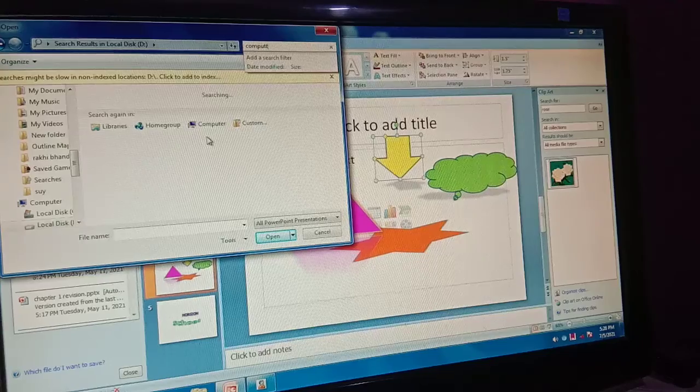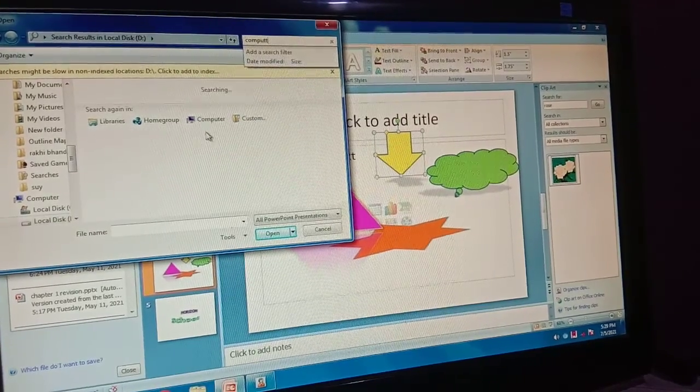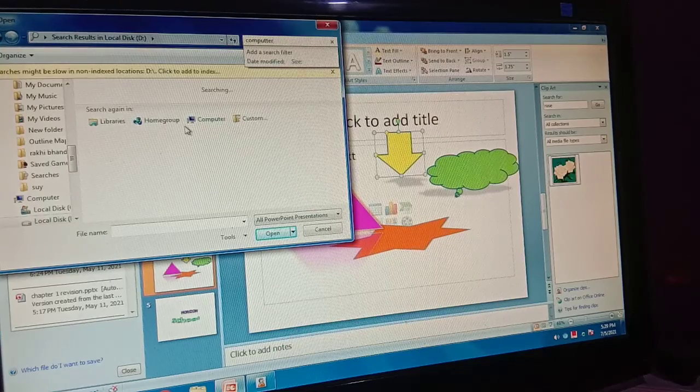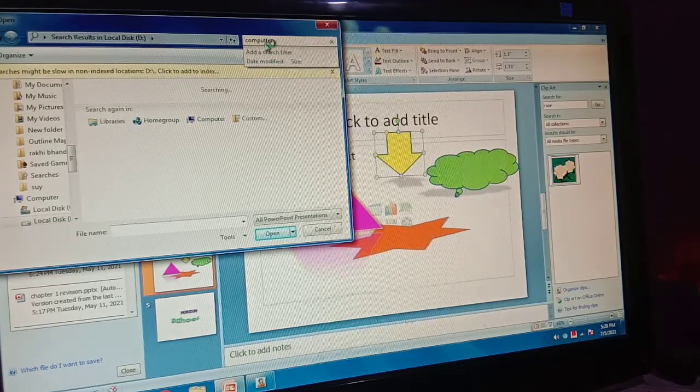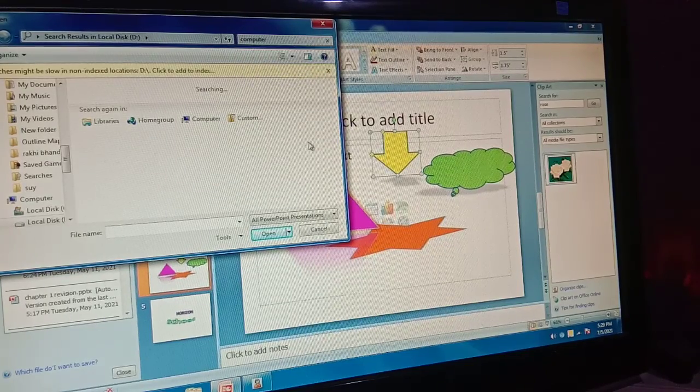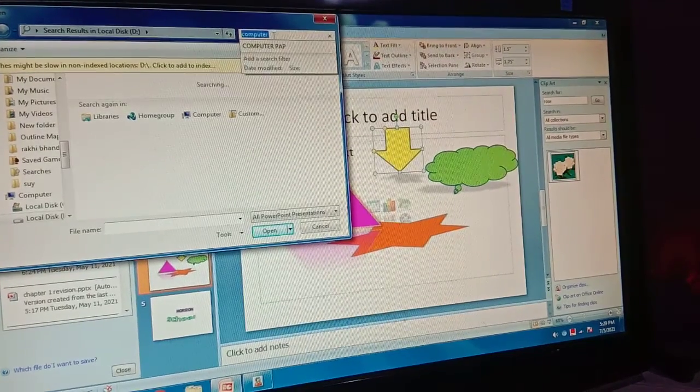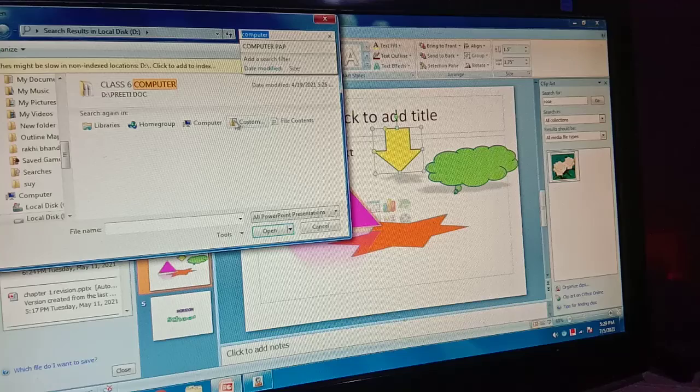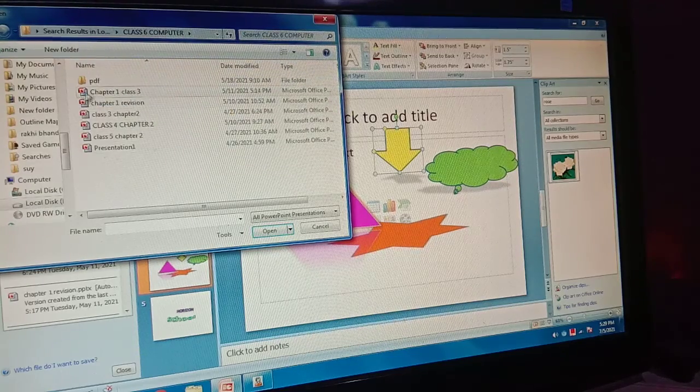Actually, my keyboard is not properly displaying to me. And this T is wrong. Computer, yes, this is what I want.